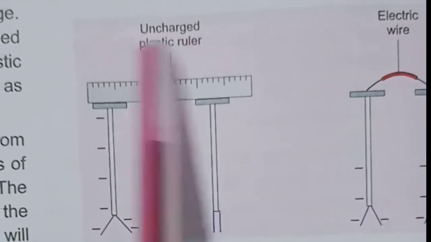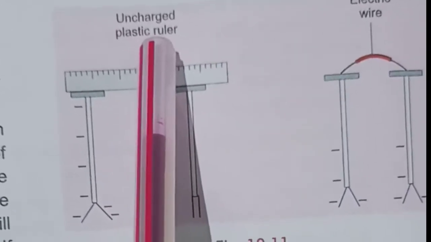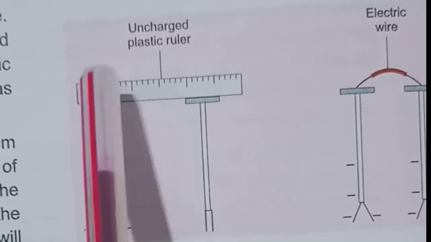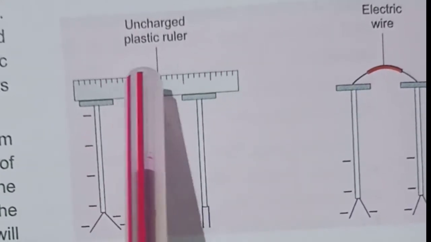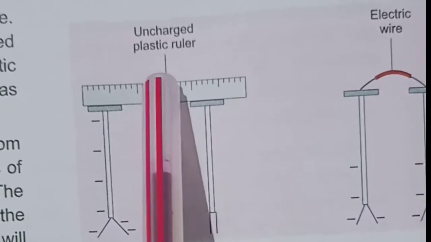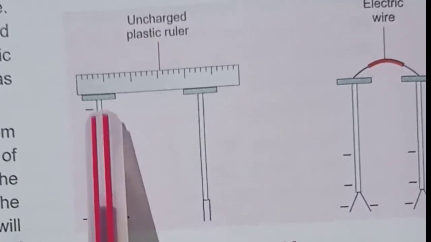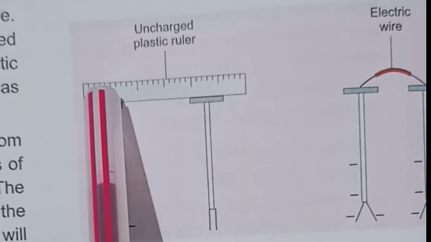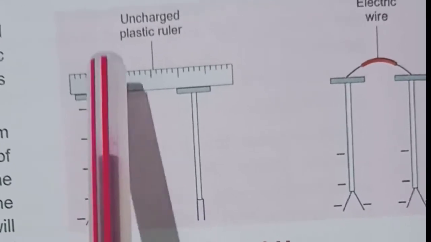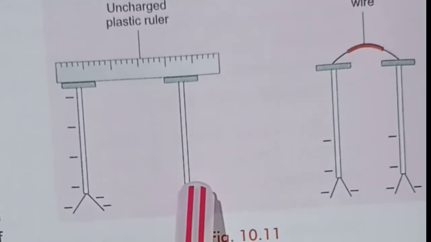non-metals, or you can say plastic, these are insulators which do not have free electrons. They cannot transfer charge. They cannot be charged by conduction. This one is charged, and I have kept an uncharged plastic ruler, so by conduction this should also get negatively charged,